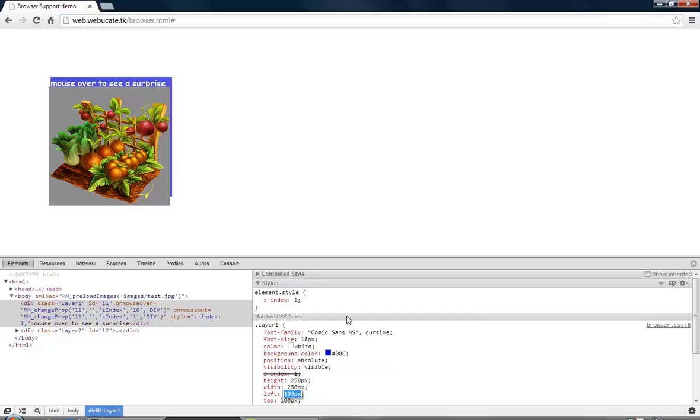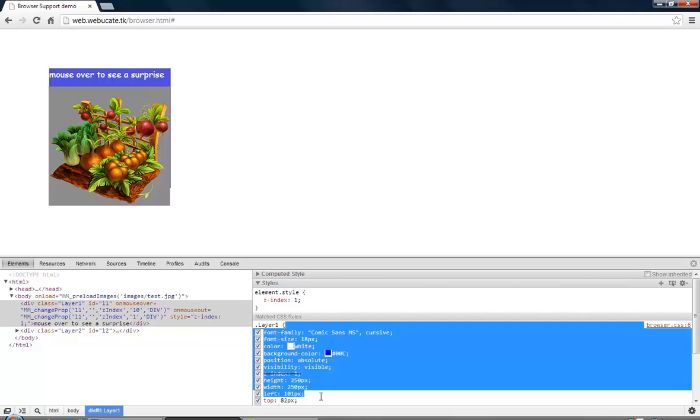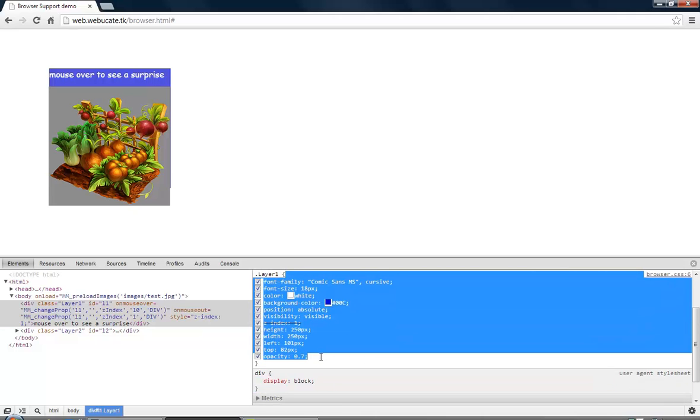And look at that, it's clipping my text ever so slightly. So let's highlight on the top and move it up a little bit. And now if I were to actually take this code and highlight it and copy it,